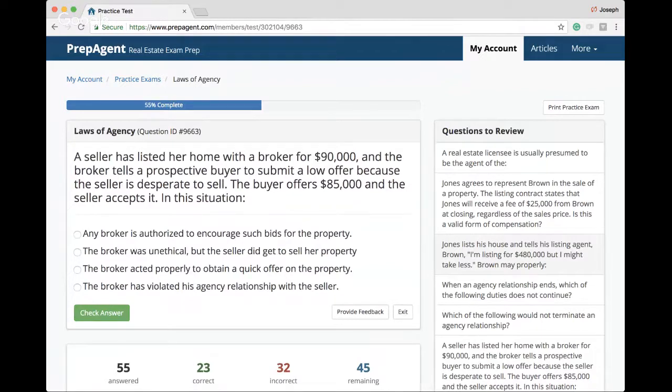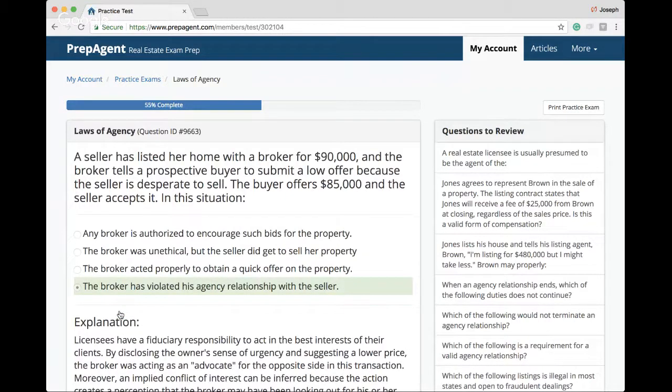A seller has listed her home with a broker for $90,000, and the broker tells a prospective buyer to submit a low offer because the seller is desperate to sell. The buyer offers $85,000, and the seller accepts it. In this situation, A, any broker is authorized to encourage such bids from the property. B, the broker was unethical, but the seller did get to sell her property. C, the broker acted properly to obtain a quick offer on the property. Or D, the broker has violated his agency relationship with the seller. Okay, the answer here